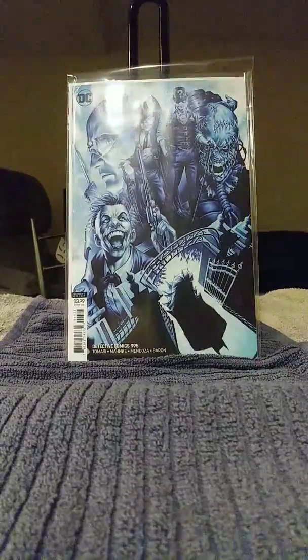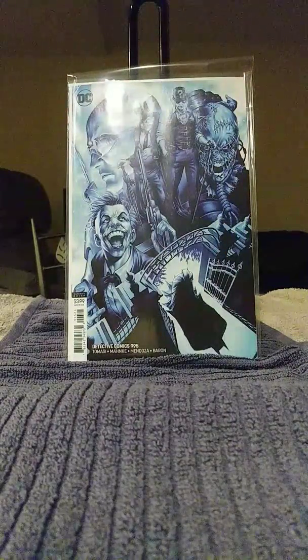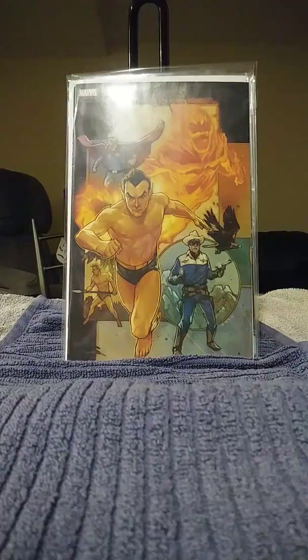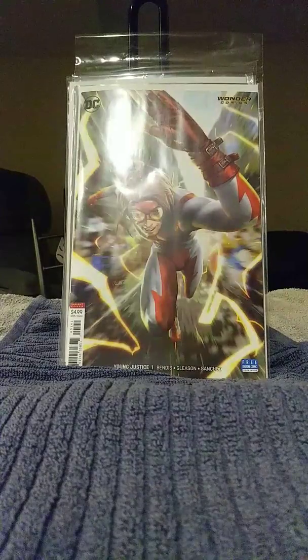Detective Comics number 995 variant, B cover. Next up, what is this? It's one of the anniversary issues, and I can't remember. I'm just trying to go through this stuff real quick. I had to get my Young Justice variants off of